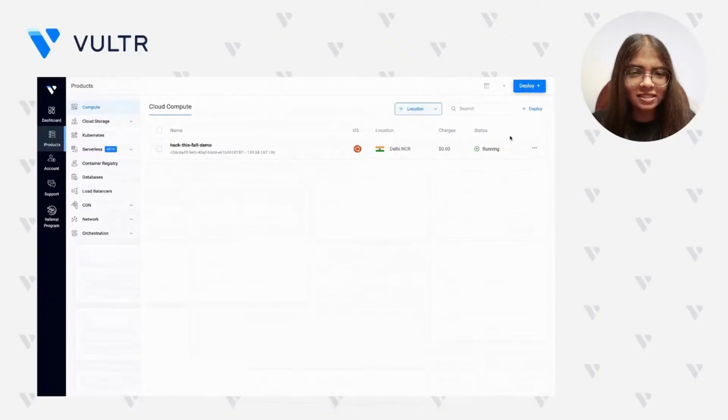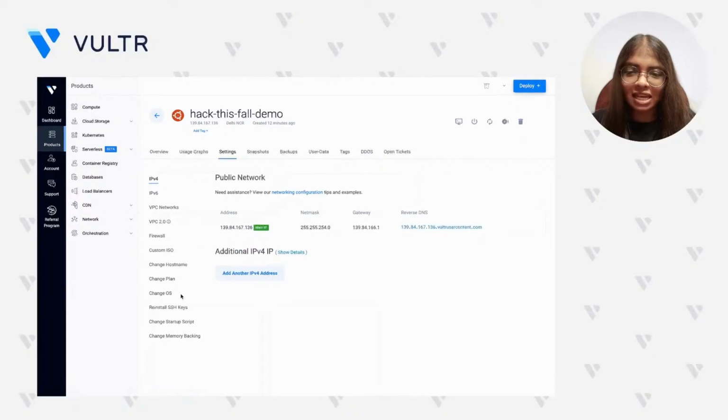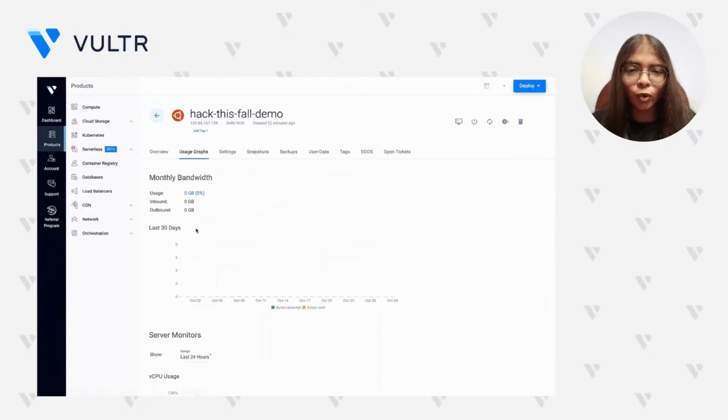Now that our instance is up and running, let's click on it to fetch its key details. For example, IP address, login information, and a few performance metrics. From this management page, you can totally control, update, and monitor your instance at your own convenience. You can connect to this instance directly, and then you would be able to configure your application on this instance. You can even access your instance